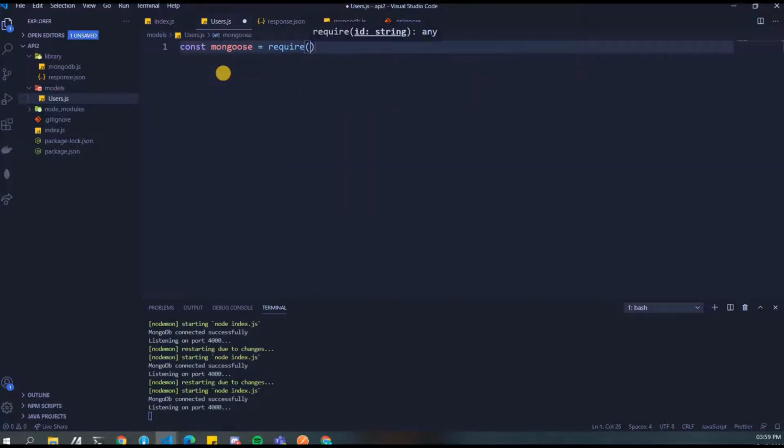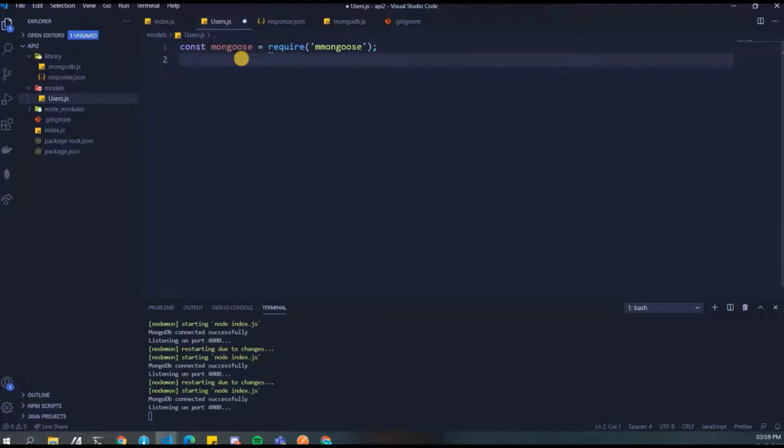Require mongoose. So we'll talk about how these things are gonna get created or affected. First of all, we are creating a model, and we always talked about we are gonna do model view controller.